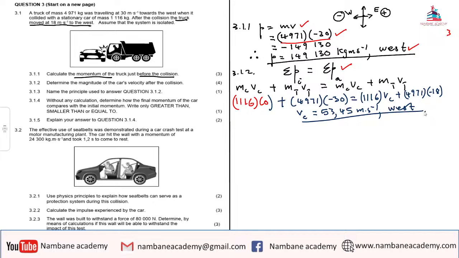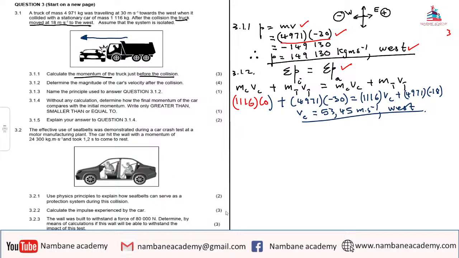Why is it going to the west? Remember, it was stationary, so the truck is actually pushing the entire combination of the car and the truck into this particular direction. So the answer will be negative, but we must interpret that final answer for us to get the west. Ladies and gentlemen,